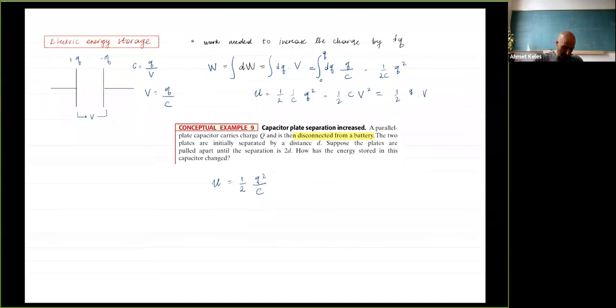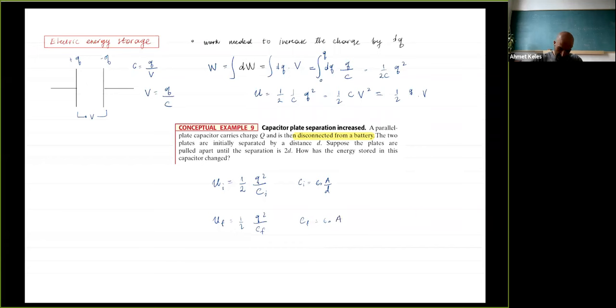So U initial is equal to 1/2 Q squared over C initial, and C initial is equal to epsilon naught A over d. And U final, I can do the same thing, 1/2 Q squared over C final. Be careful, I use the same Q because Q cannot change. And for C, I calculate something like that. C final is equal to epsilon naught A over